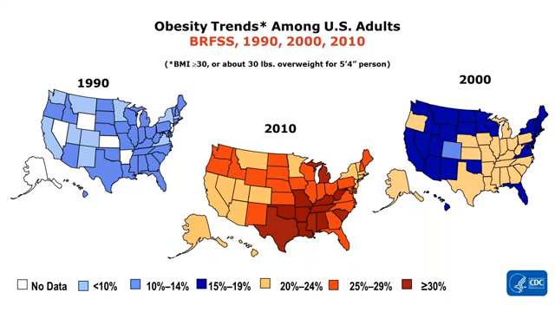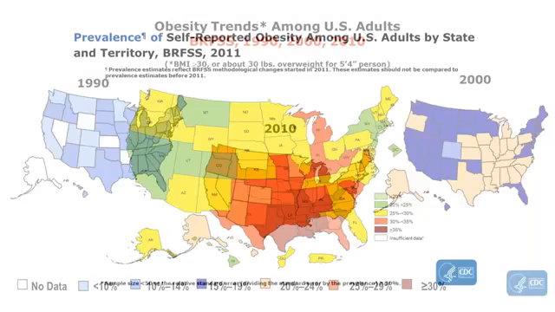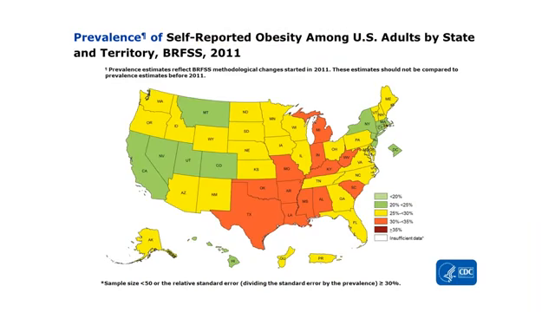And so the next few slides, I'm going to take us from 2010 to 2016, and you're going to see this map of the United States change. The key at the bottom is going to be a little different, so I'm going to hold at the 2011 map for just a second to orient you. You can see that the green states have obesity rates of 20 to 25%, whereas the orange states are 30 to 35%. Yellow states are 25 to 30%.